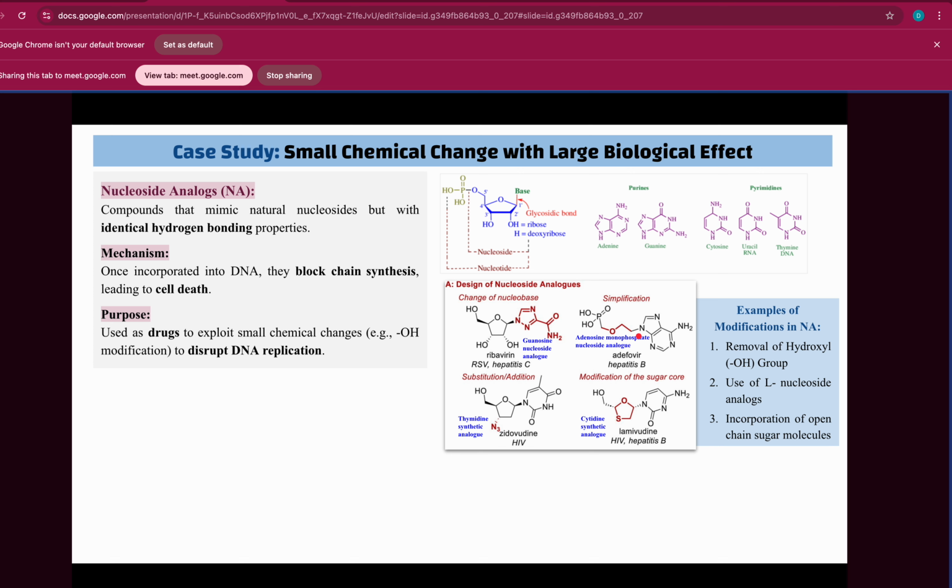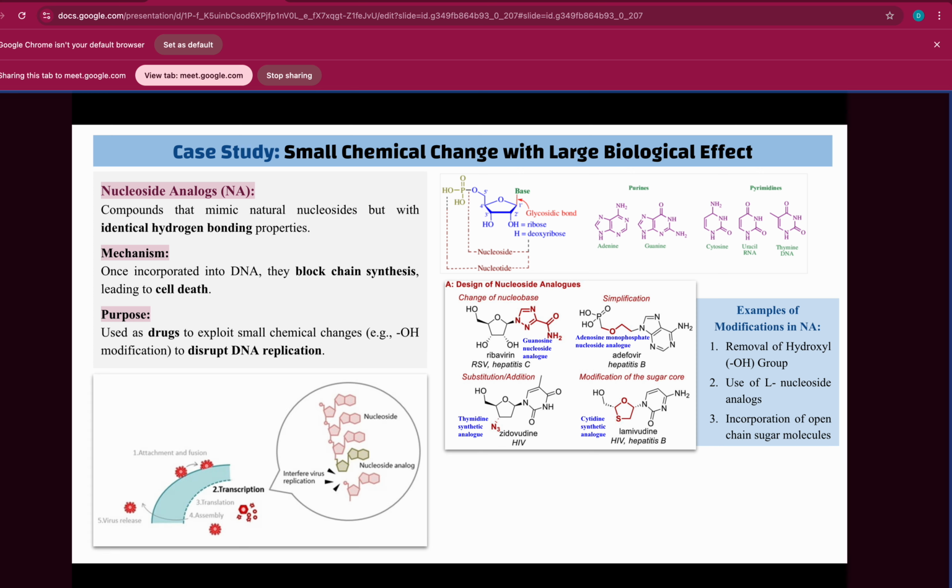So these are some of the chemical modifications. These are the small modifications, but still they can bring about the larger effect. Now we'll see what kind of effect. So for example, if some virus attacks our body, in such cases these nucleoside analogues are used. What they will do, as they resemble the nucleoside structure, is that in place of that particular nucleoside, these nucleoside analogues will fit, and now they will not allow this particular DNA chain to elongate,